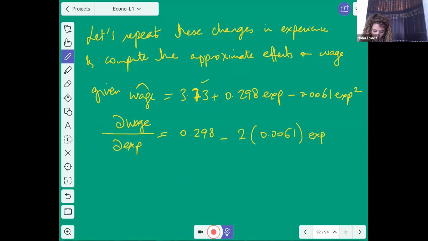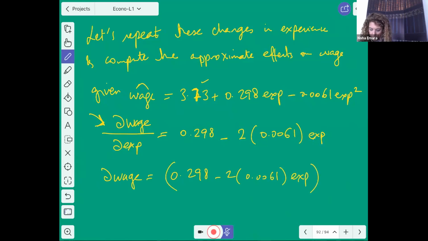If my interest is the change in wage, then the change in wage is equal to this derivative times the change in experience. You can write it in terms of deltas, but I write it with the differentiation sign because I want to make sure you understand these are small changes. So you can write it this way: the change in wage is 0.298 minus 2